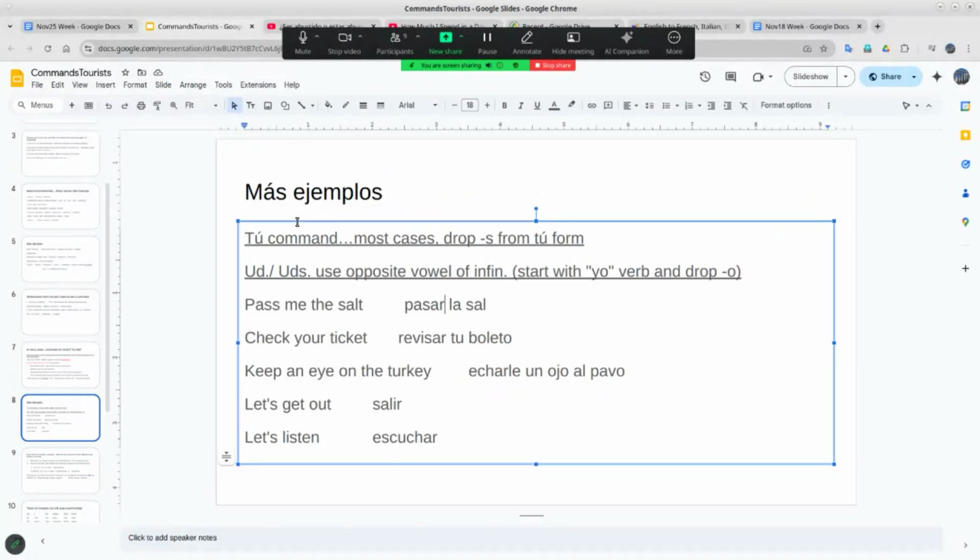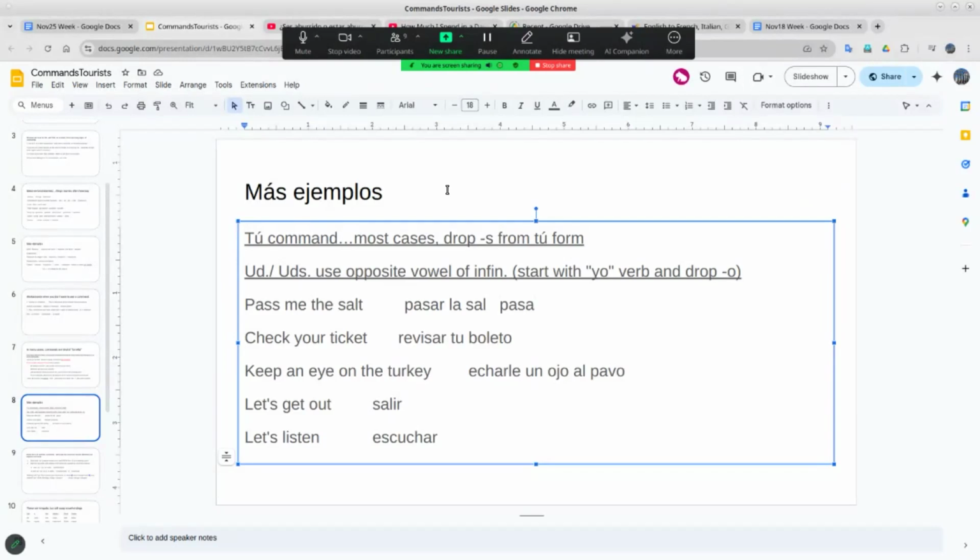Pass me the salt. We're not going to have too many irregulars in here. Pass me the salt. For a tú form, we just dump the S from pasas, and it becomes pasa. And usually when you say pass this at the Thanksgiving dinner table, you're saying pass it to me,